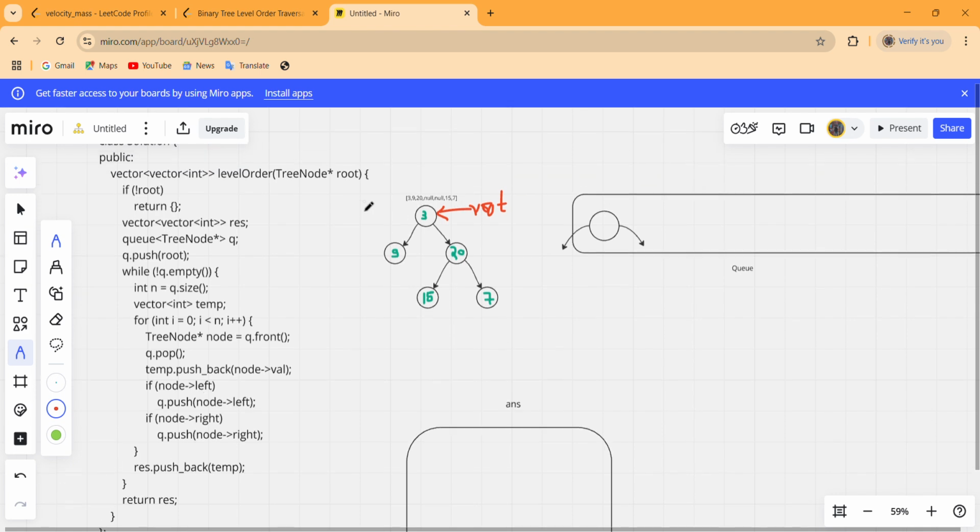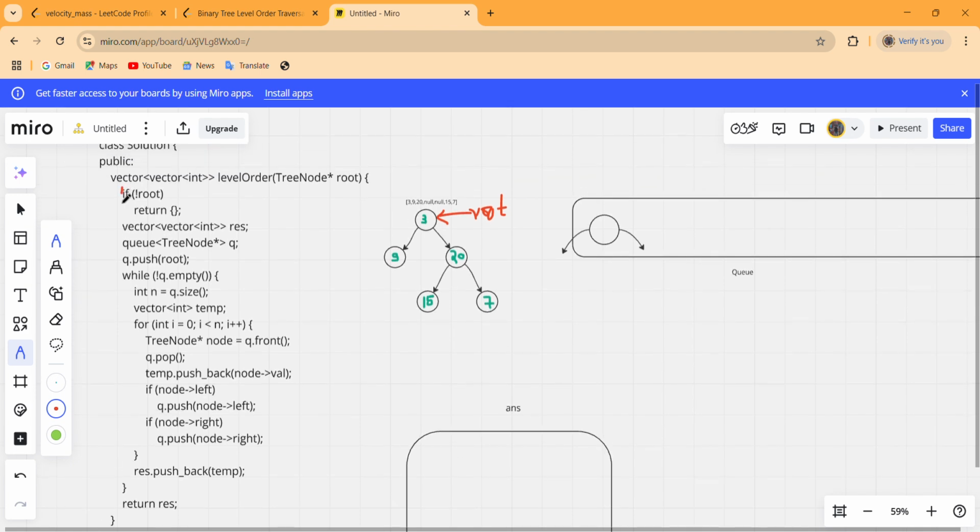So first we always have to check if this given root is empty or not, that means whether it is null or not. If this root is null, there is no element present in our given binary tree, or no reference is present, so we have nothing to traverse. So just return an empty vector from here,